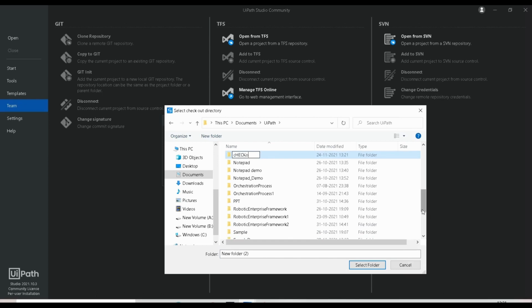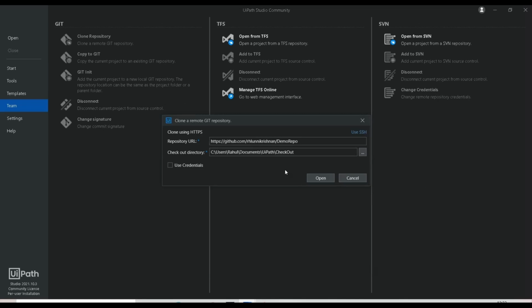Okay, I'm just putting it like a checkout. Okay, select folder.